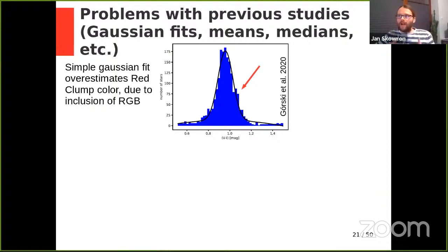When we compared our color measurements with the measurements of previous studies, we immediately saw that we have disagreements. We looked into this, and we noticed that these disagreements are of the expected nature. For example, Gursky et al. typically overestimated color because of the inclusion of red giant branch stars. And in Choi et al.,